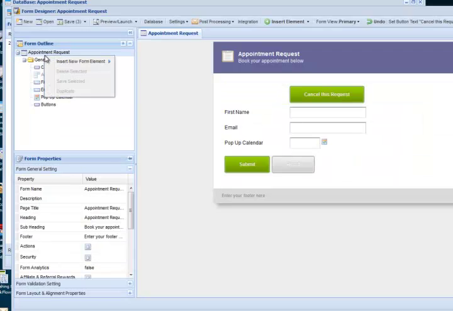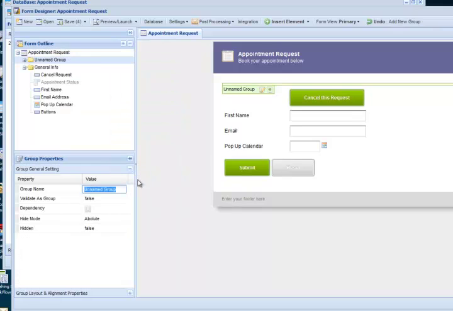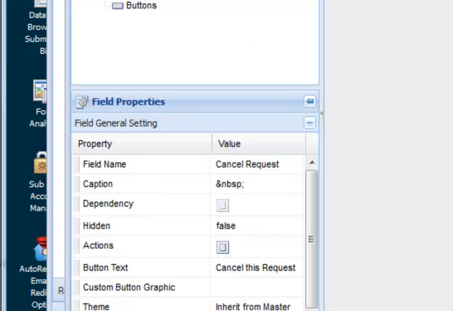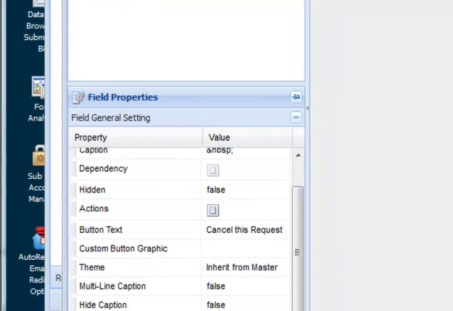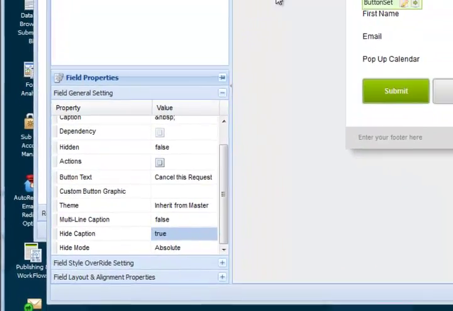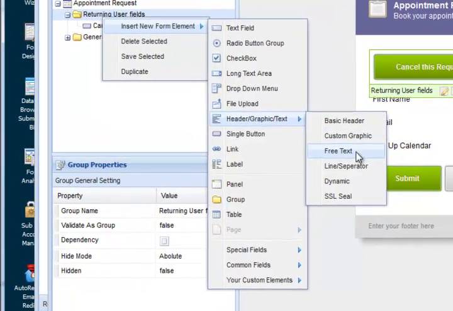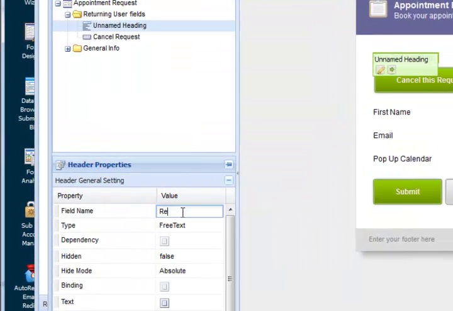What we're going to do is create a new group called returning user fields, and those are going to be fields that we only want to show when a user is returning to cancel their appointment that they've made. So we've got the cancel request button, and we're just going to turn the hide caption to true so that it aligns to the left,